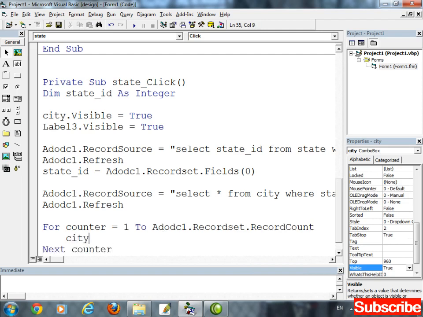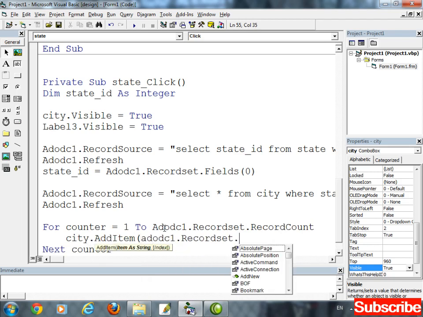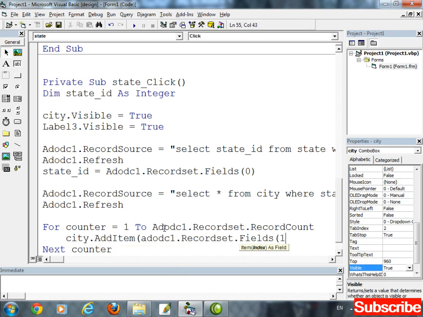In the city combo, city.AddItem ADODC1.Recordset.Fields(1). We are going to add the second field in the city table. The index number of the second field is 1. The index number of the first field is 0. So just write here 1 and move to the next record.